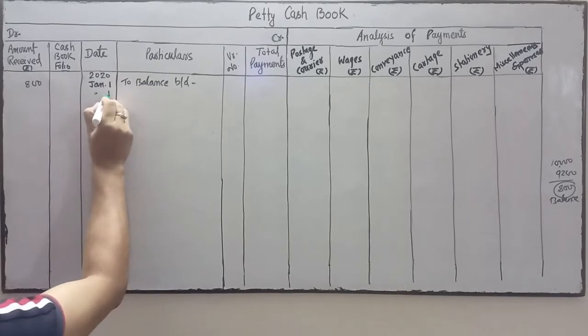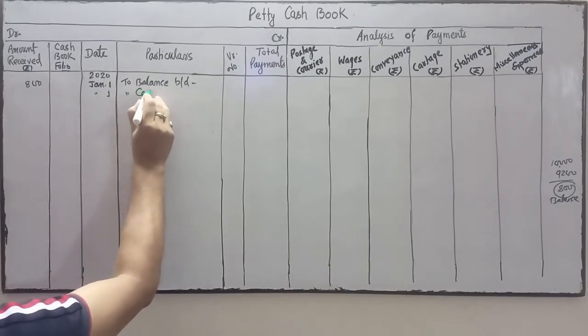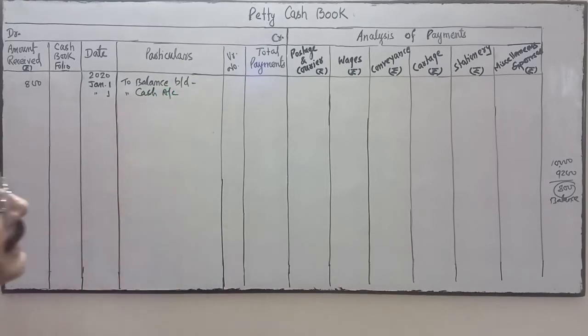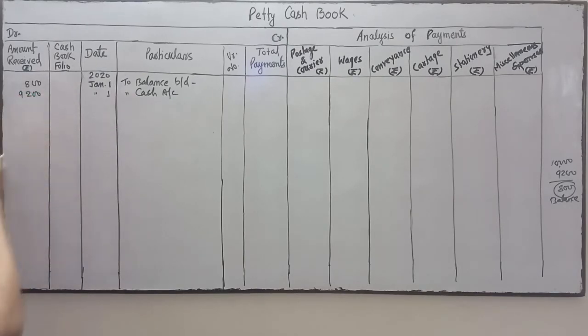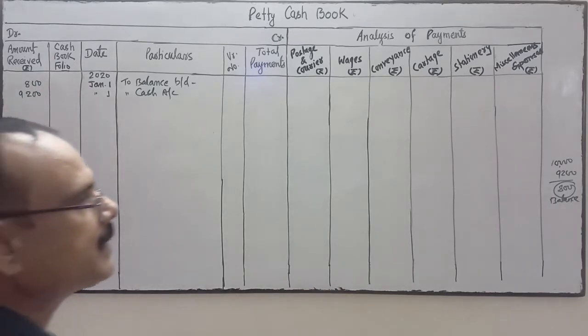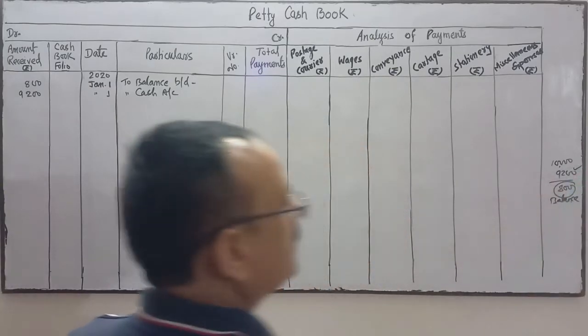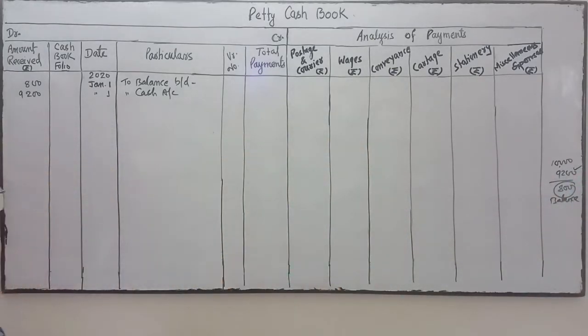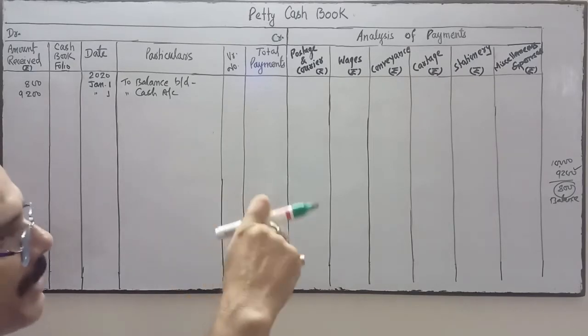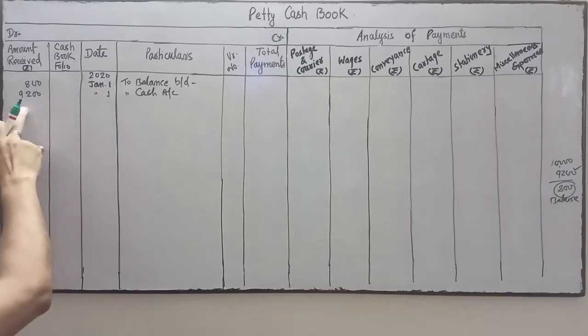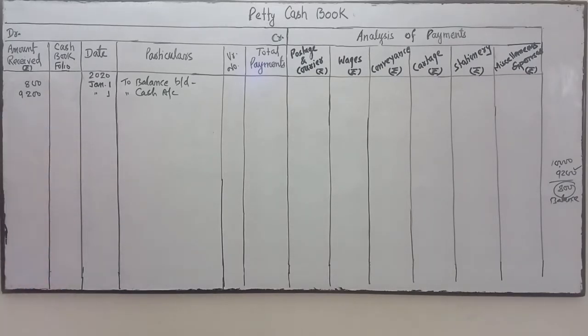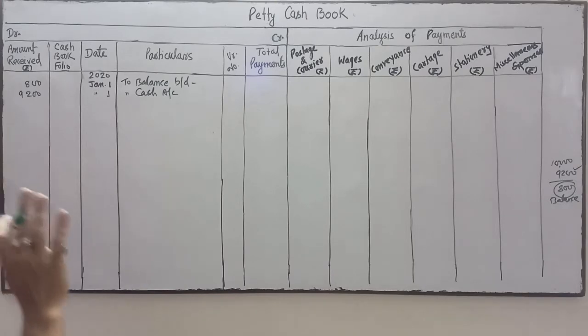Now on the same day he will take the money from the head cashier so that the imprest money will be 10,000. So how much money will he take? He will take 9,200. 800 plus 9,200. Whatever amount he spent last month, this much money he will take on the first day of the current month, so that the imprest money will again be 10,000 rupees.